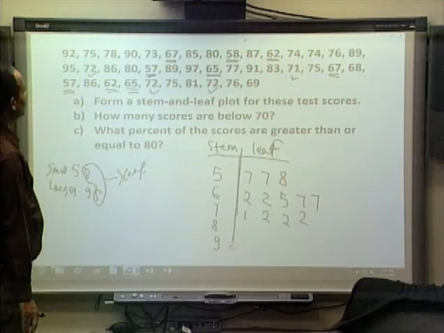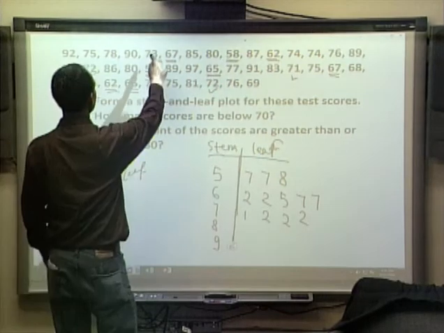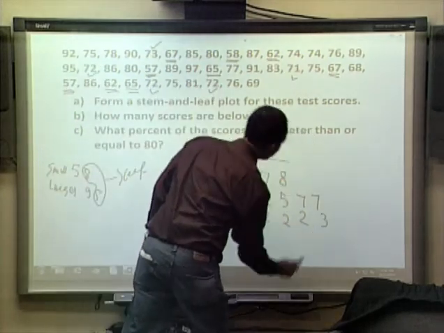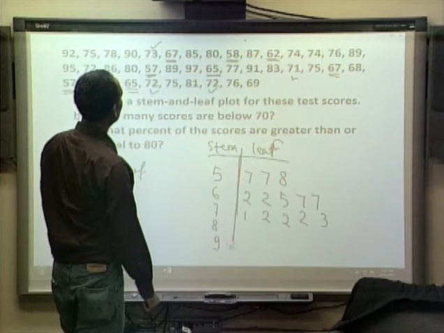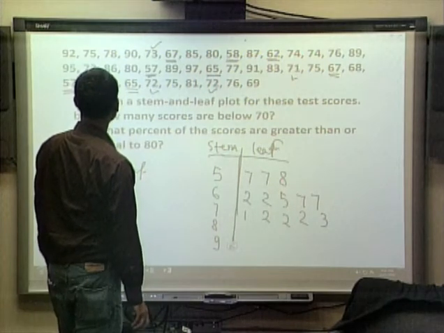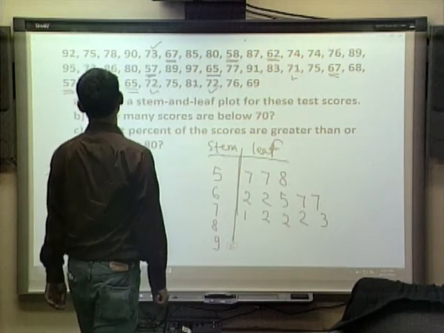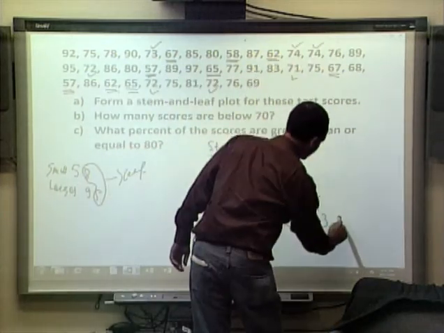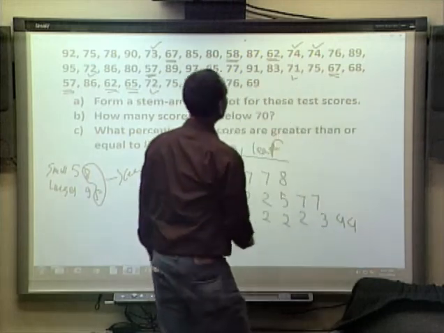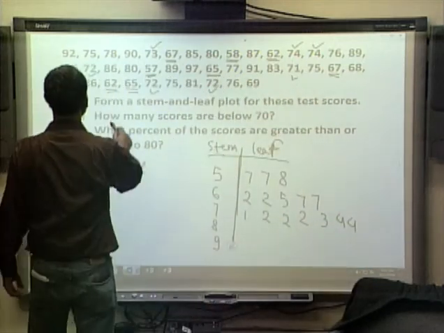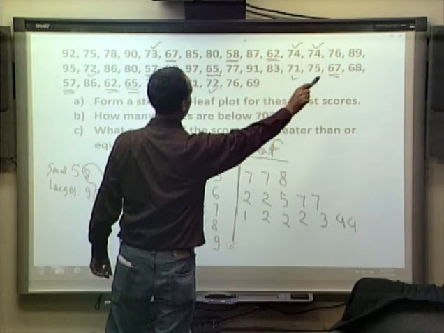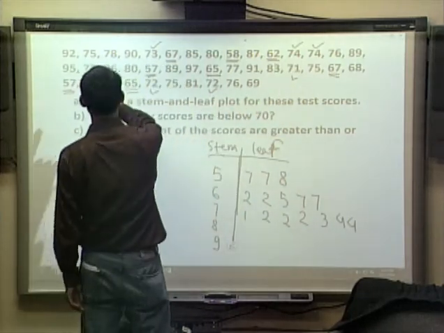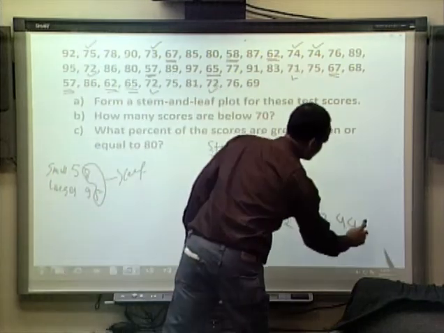and 73. Here is a 73. So 73. Do I have any other 73? No. So now 74, 74 1, 74 2. Do I have any more 74? No anymore. Now 75, here is a 75, 75